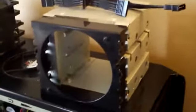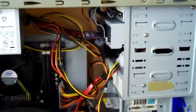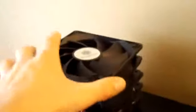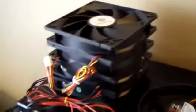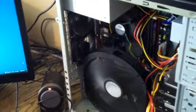Basically, I'm going to take this cage here, put the hard drives in there, and move it to the 5¼ inch bays. I'm going to remove the 2 IDE drives up there that I was just testing out. And I'm just going to have a single SATA CD drive, which is all I need. And I'm going to change out some of the fans here. Some fans I just got for a really good deal off an overclock.net member. I'm going to replace the 2 80mm fans in the back with a single 120, and replace this 140mm fan up here with one of the 120s,